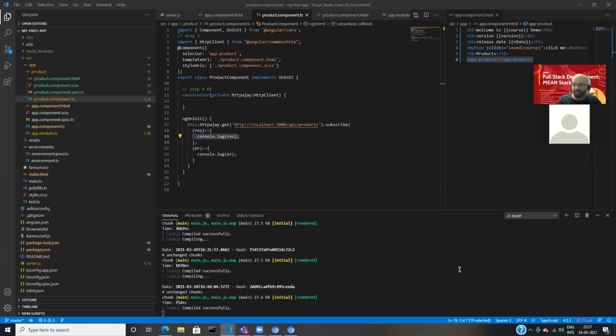In the last session, we saw the API calls: how to create APIs, and then how to call the API from our front end layer, the Angular layer. And we have successfully received the data from the API as well. Now, in this session, we're going to see how we can bind this data to HTML, how we can show this data in HTML. Okay, let's see that. I already have an HTML here.